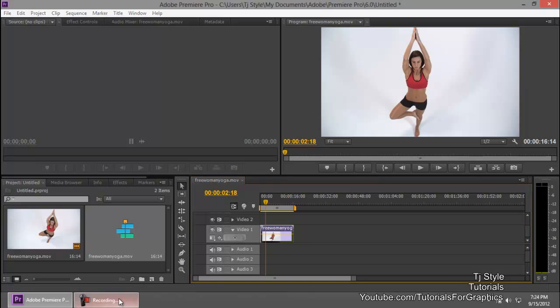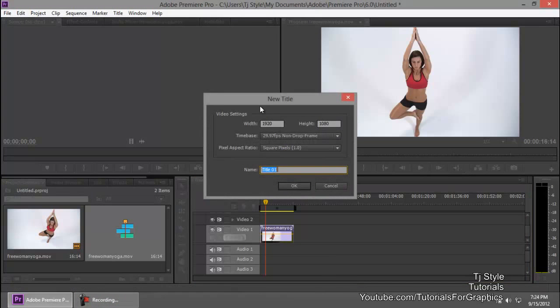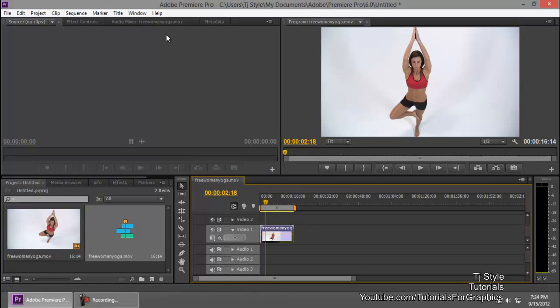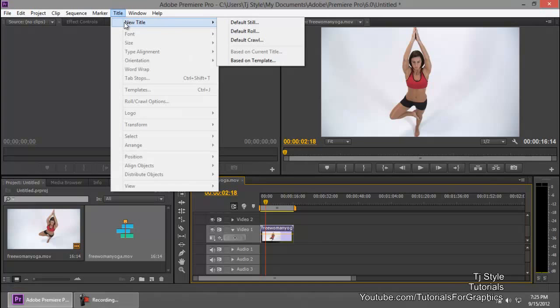Now if you are looking for a keyboard shortcut, you can press Ctrl T and that will automatically bring up this new title dialog box. And if you don't want to use that keyboard shortcut and you want to use your mouse, then guys you can just select the clip, go to title and go to new title